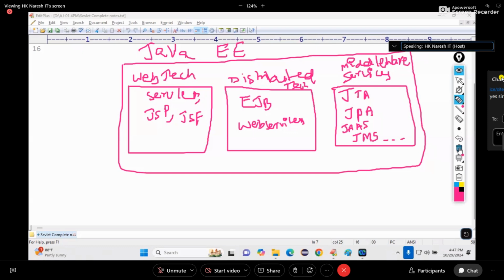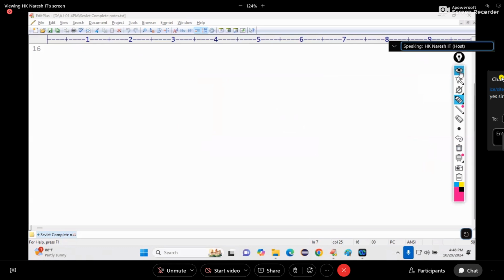Observe here. What is the meaning of web application, enterprise application, distributed application, interoperable application? Let us try to analyze it. Observe now. The same diagram, one more time I want to write like this. This is our Java EE.